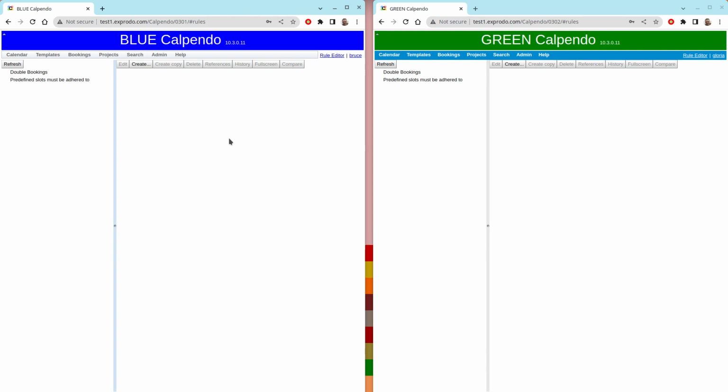So a minimum gap between bookings. Some people like to do that to represent a changeover period from one booking to the next. And we had lots of people use it during COVID times so that people could be kept away from each other. So to do this, we'll create an interval rule,